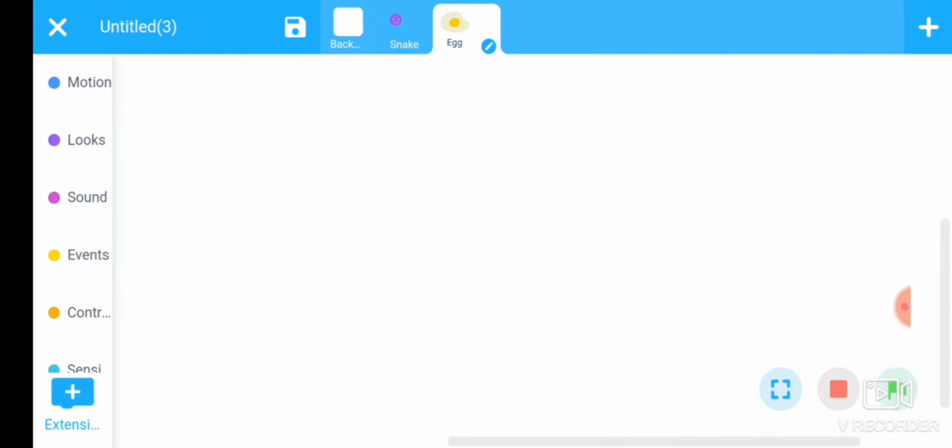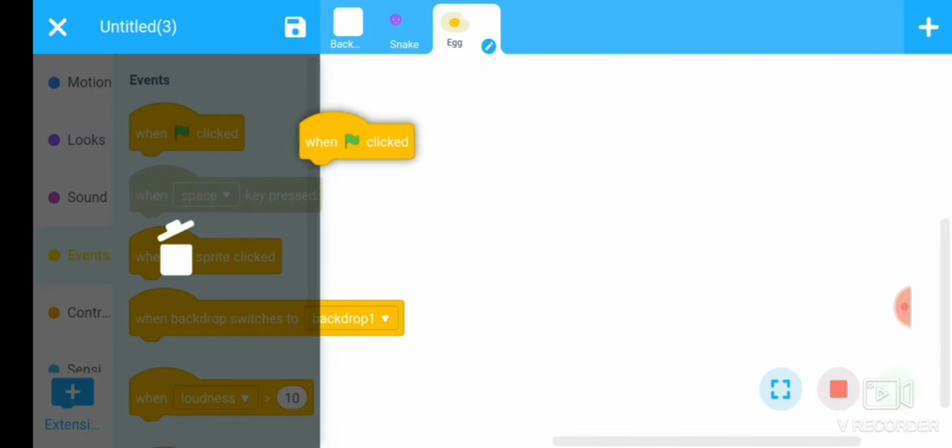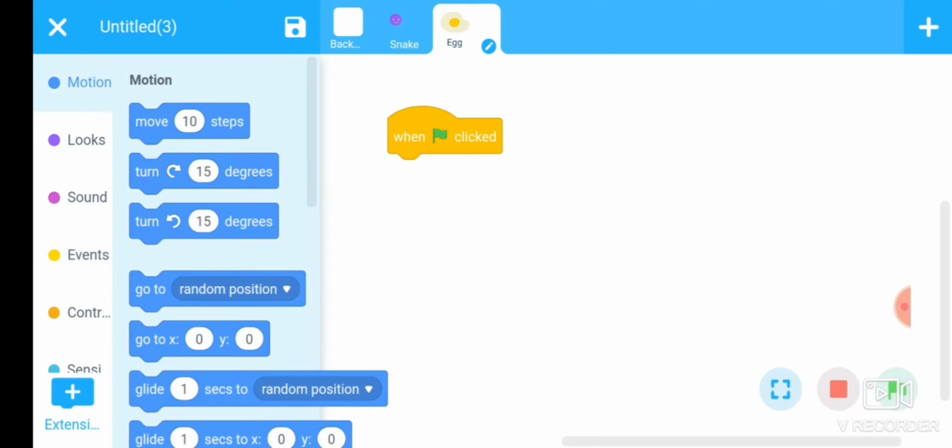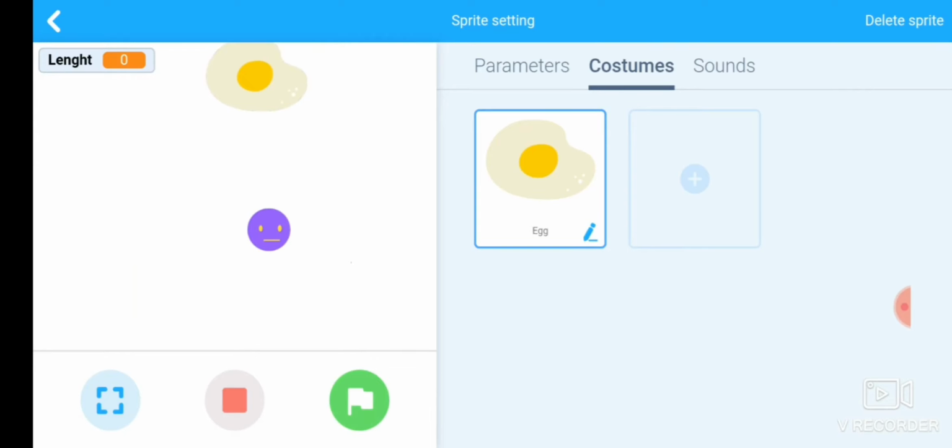Now our first command is that when the flag is clicked, this egg food should be present at any random position. Okay, so go to random position, check it.